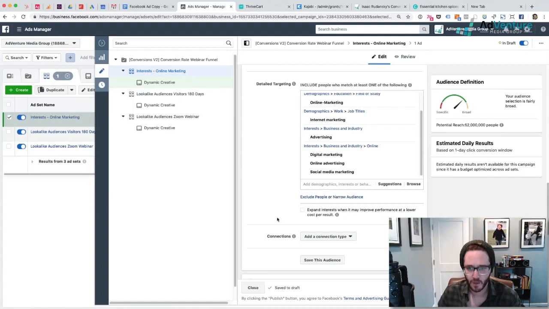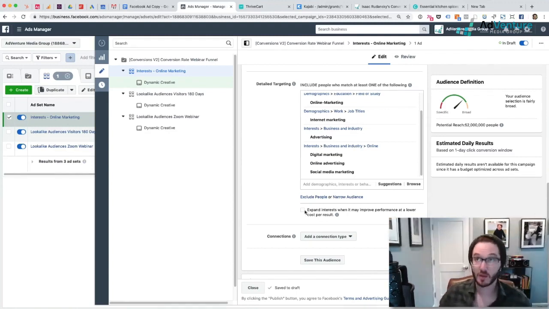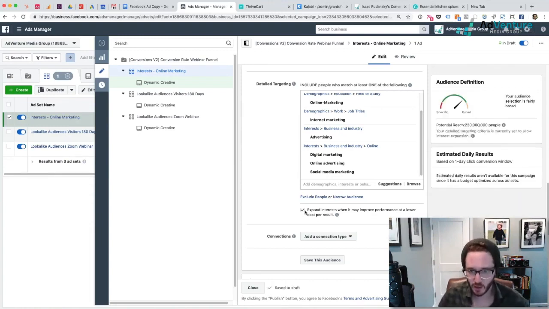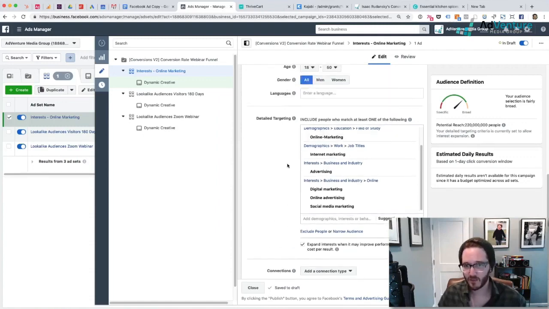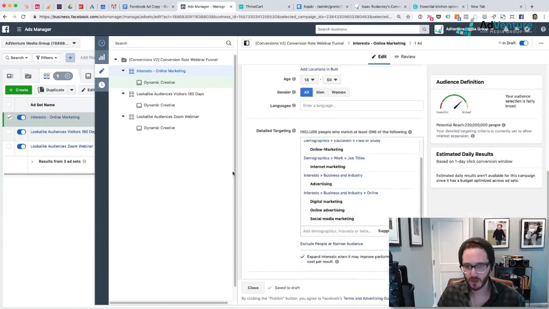Okay. And I typically, because I'm in the mode of giving Facebook's AI as much power as possible, I'm going to select to expand interest when it may improve performance at a lower cost per result. So my audience definition is very broad here. I'm targeting 3 countries. I'm targeting a bunch of these pretty generic